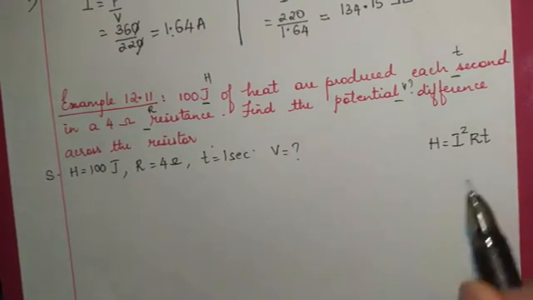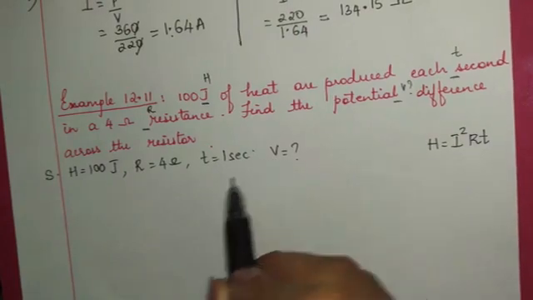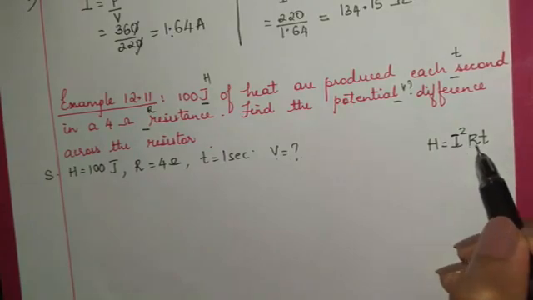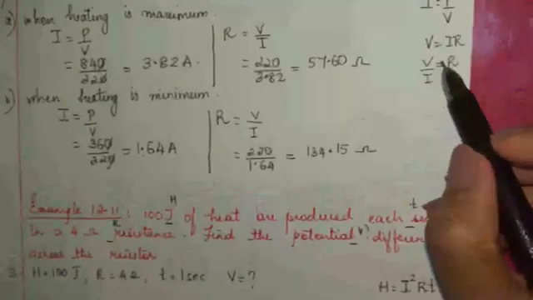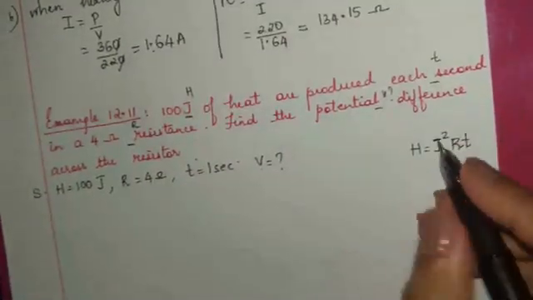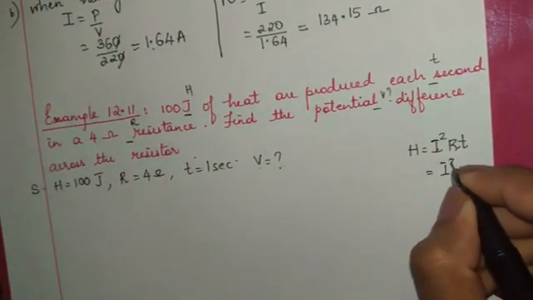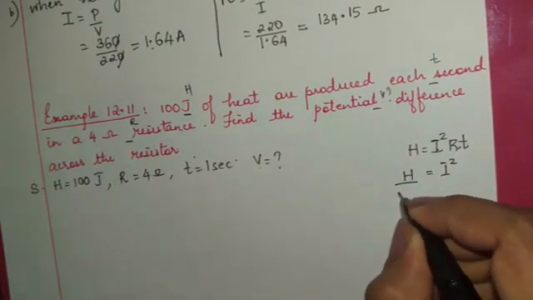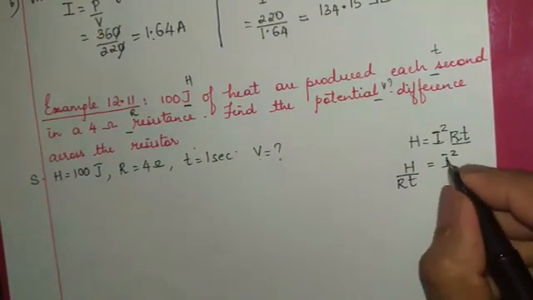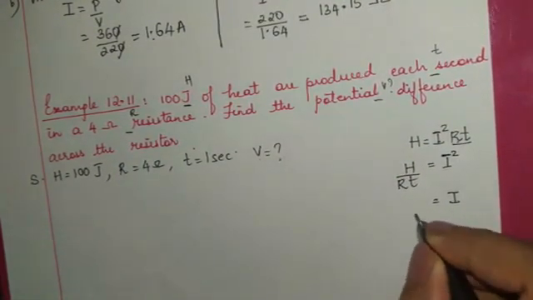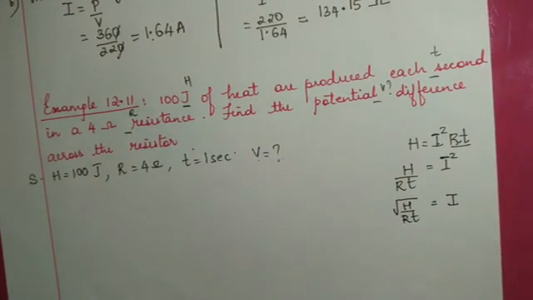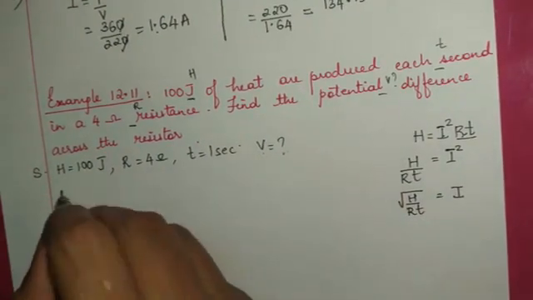Because see children, there is no formula which gives you a relationship between V, T, R, but we can find out from I, because we can use the formula of Ohm's law once you find out how much is the current. So let us modify this formula first. I square, if I keep this side, I'll get H upon RT. I'll take both this RT in the denominator. But I don't want I square, I want I. So I will be the root of H upon RT. So first let us find how much is this I, and we shall go ahead from there.